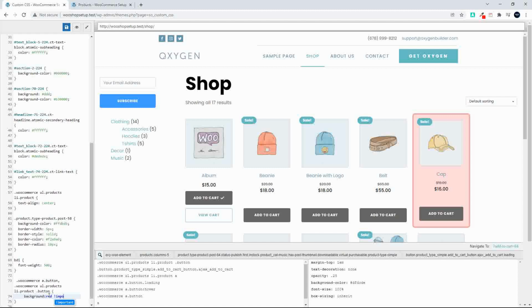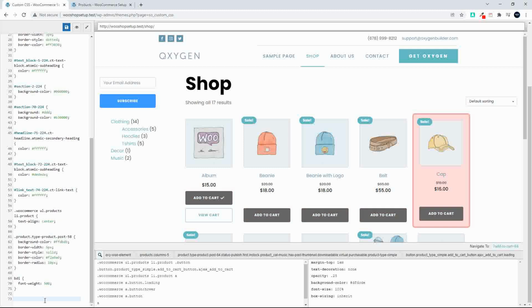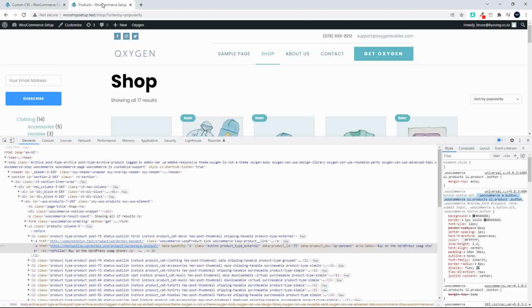But we might have to override like that, and we don't really want to be messing with the styles like this. Giving priority just has an impact on the performance of the website. So there are some elements that you do need to take cognizance of when you're working with the more dynamic